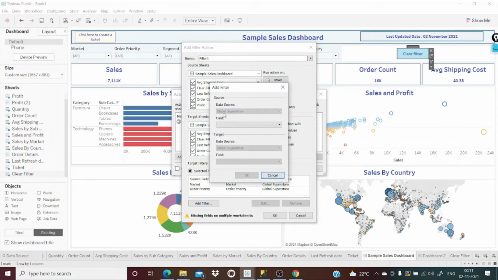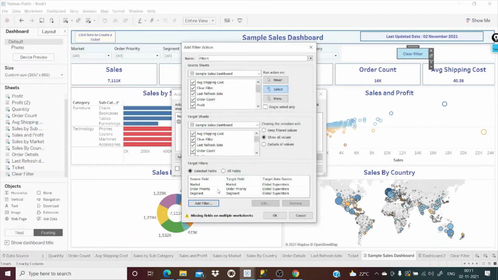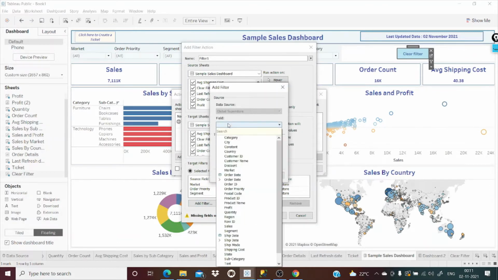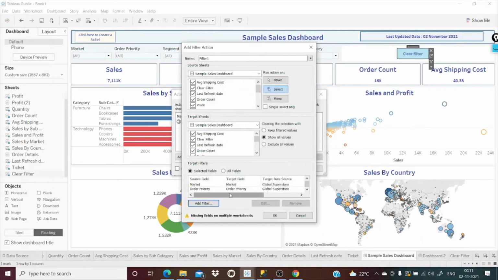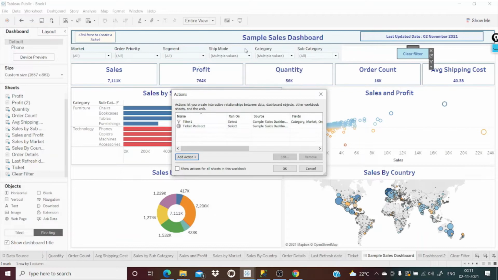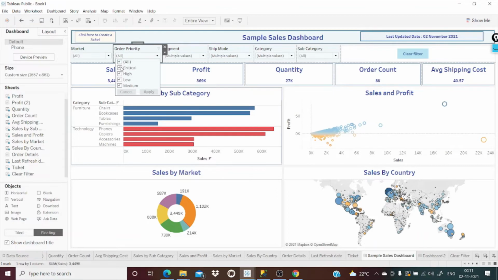Add filter, segment. The same way you have to do it for the others: category, subcategory, and one more. Ship mode we did not have. So other than ship mode, it should remove all other filters.